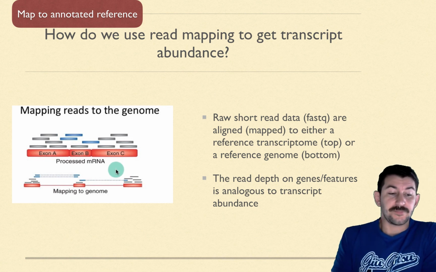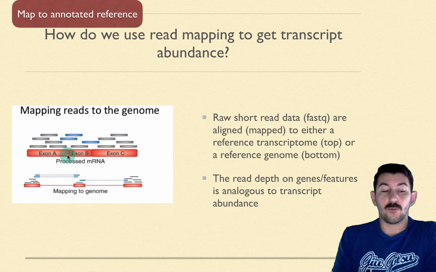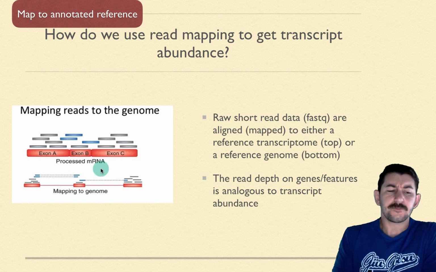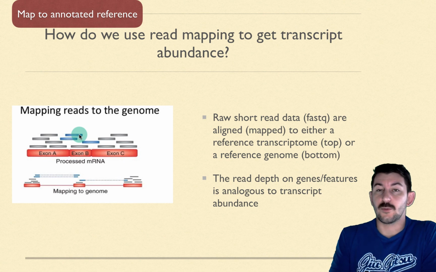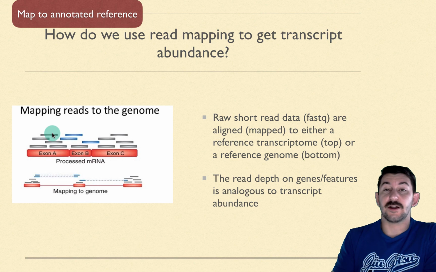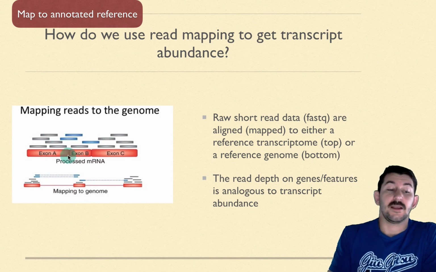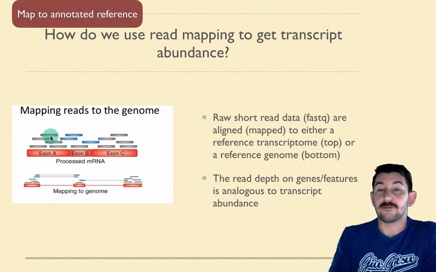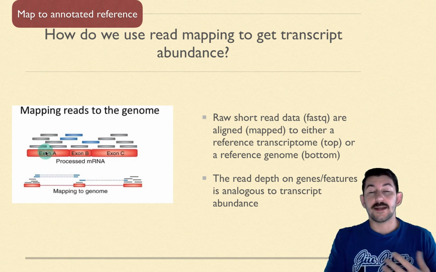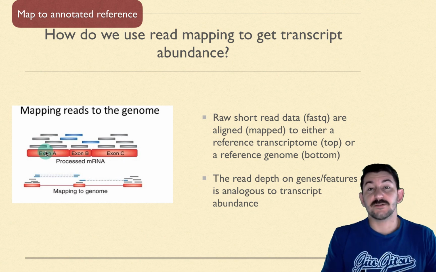So the way this works, here we can think about having either a reference transcriptome where we've got just exons represented, or a genome where there's introns and things as well. Whenever you map reads, every single one of those little reads finds a home somewhere on your reference. And there'll be different numbers of those that find homes to any given area. The depth, in other words, the number of reads that are mapping to a region, so exon A here has 5 or so reads that map to it, are analogous to the abundance of transcript prior to